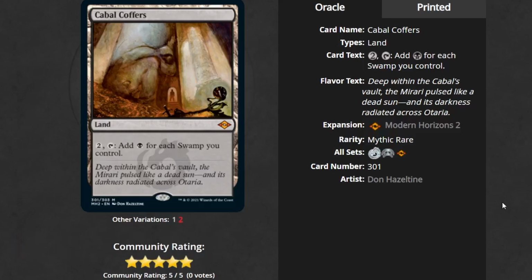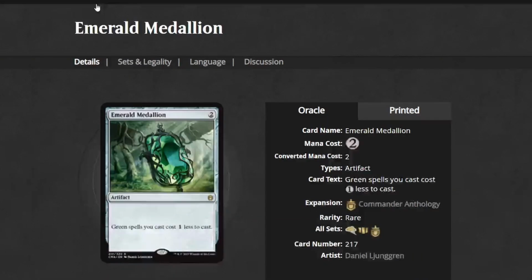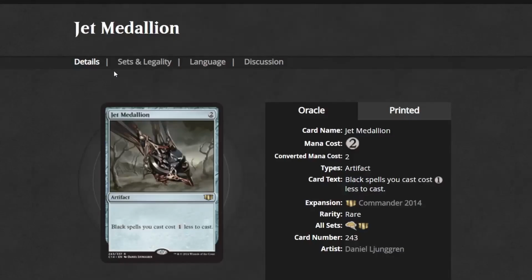One particular thing that comes to mind for me that I think would be really great is if we had the medallions. I really like the different colored medallions, and they haven't been printed in so long that they're starting to get up there in price and could really use a reprint. And then since this is